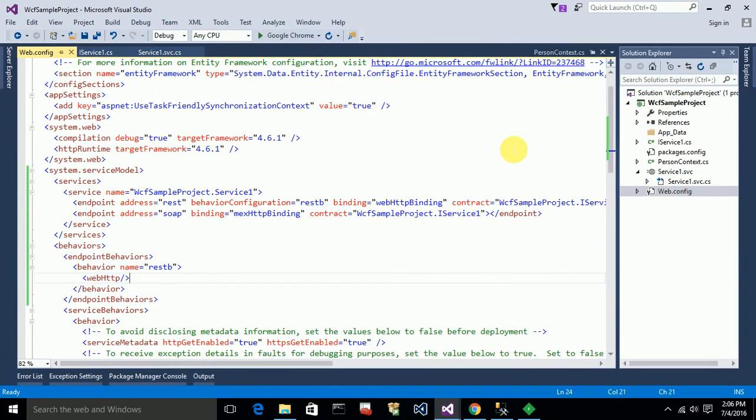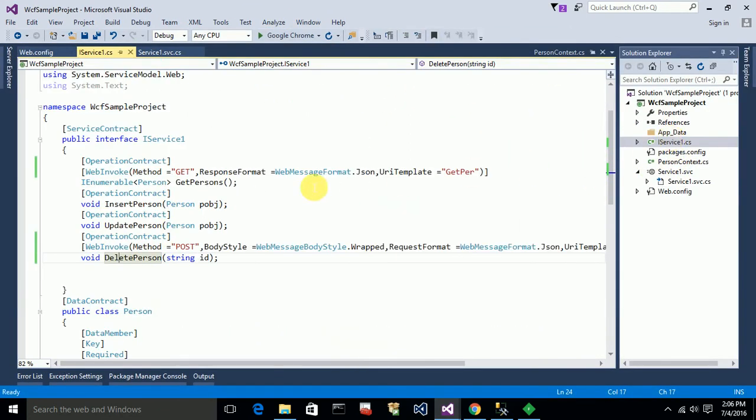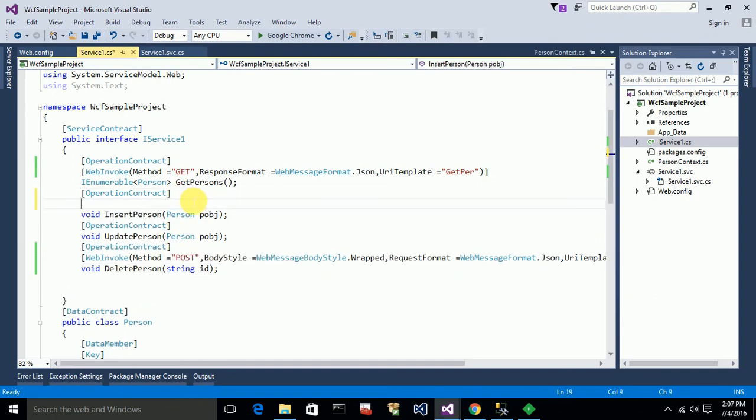Okay. So if you see, I made the get persons and the delete persons into a RESTful service. I mean, by adding this web invoke method, I made these two methods a RESTful service. So I also want to make the insert person and the update person a RESTful service. For making that, I need to use web invoke again, and the method